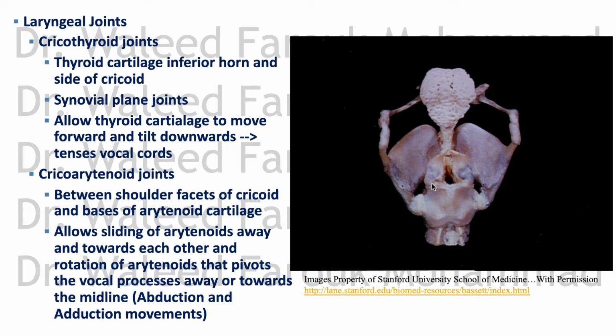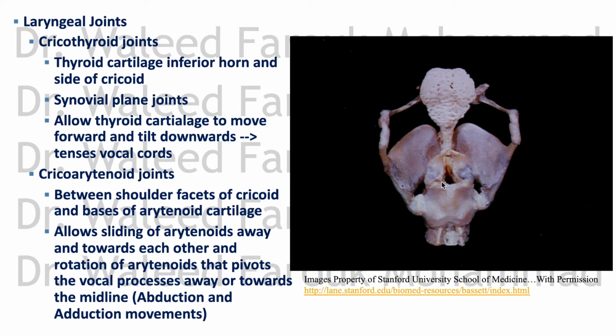The cricoarytenoid joint is between the shoulder of the cricoid cartilage and the base of the arytenoid on top. See that? This is the joint. It's a synovial plane joint that allows for gliding movement, plane variety. Now, the types of movements here: the arytenoid can glide over the shoulder, which means that it abducts the cords, and also it can do a pivot movement, meaning it can turn counterclockwise or clockwise, also abducting or adducting the